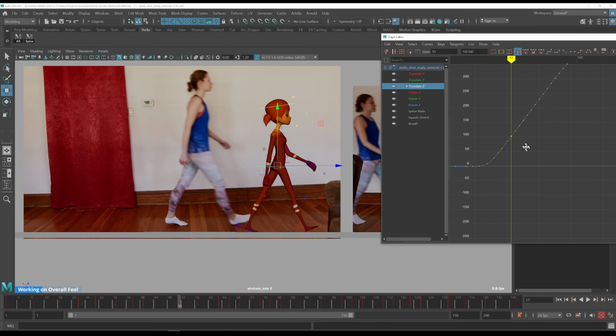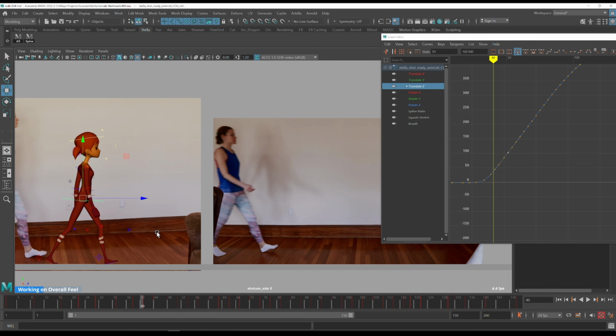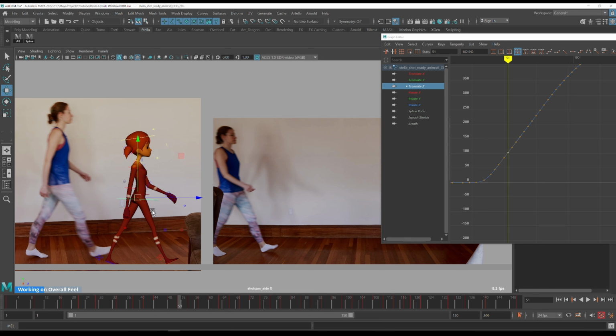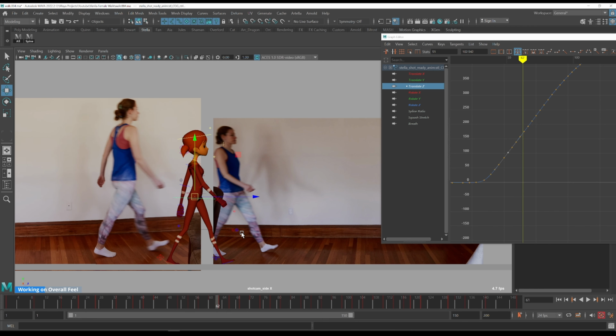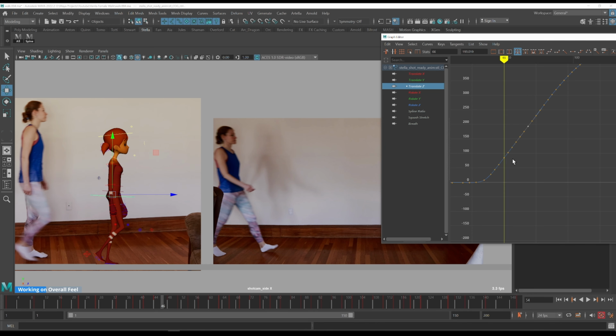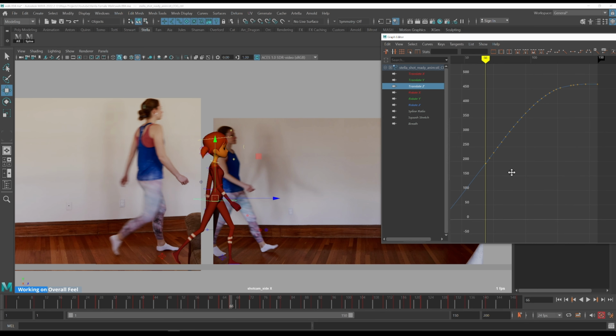So I'm going to leave this key. So let's see, this is the start, so this is the first step. This is the second step. And starting from here, we have a normal walk. So I'll probably keep this key, and I'll probably keep this key as well. So these I'm going to delete. And then after this,